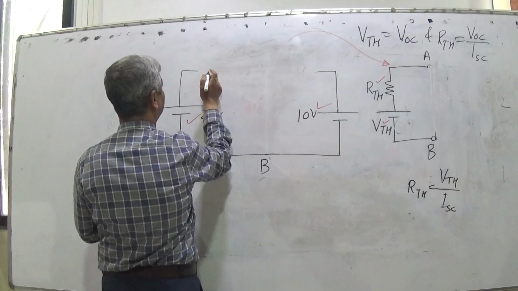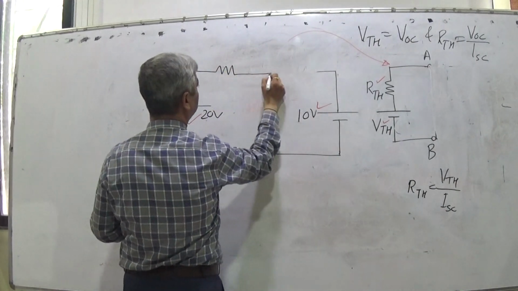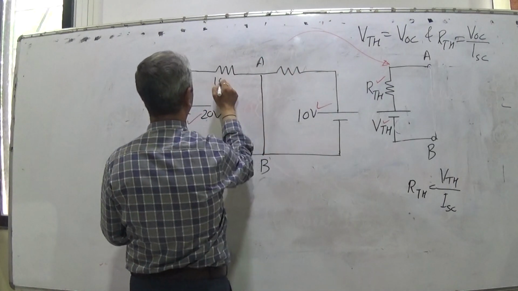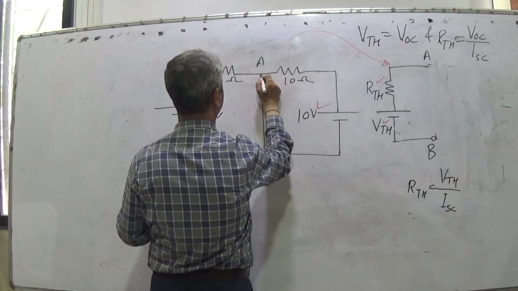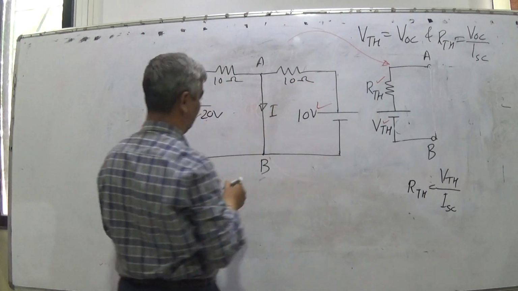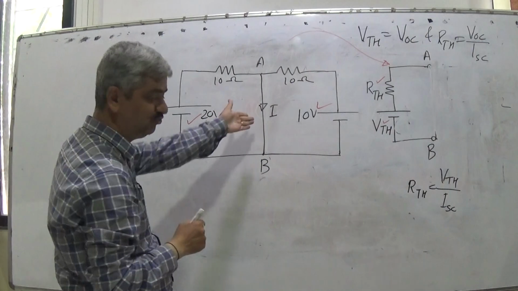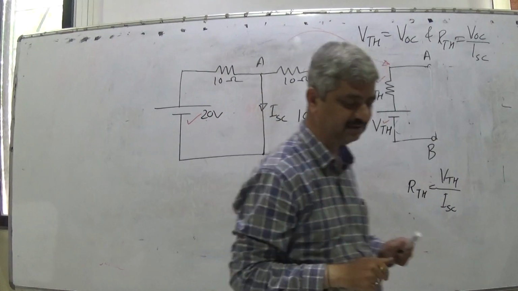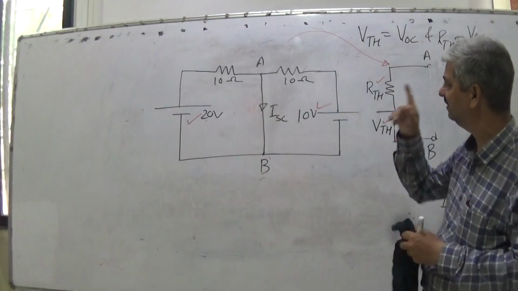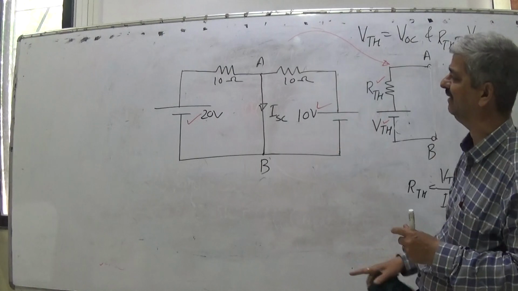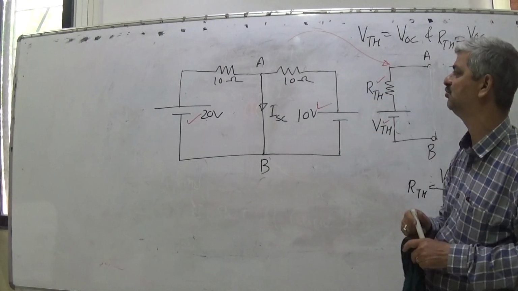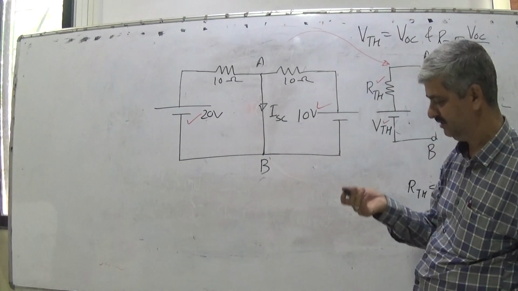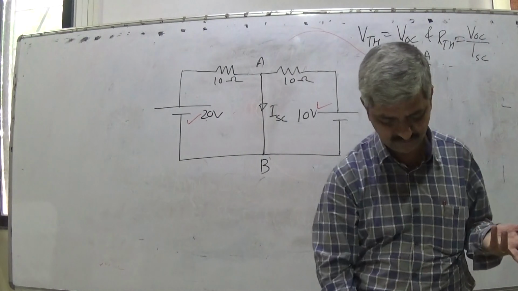Now, find I. And this would be I. Since I shorted, this would be ISC. Find ISC. I am sure that this is something which is very simple, but you will not understand it so quickly. You can pause, you can compute, and you can verify this correct or not.